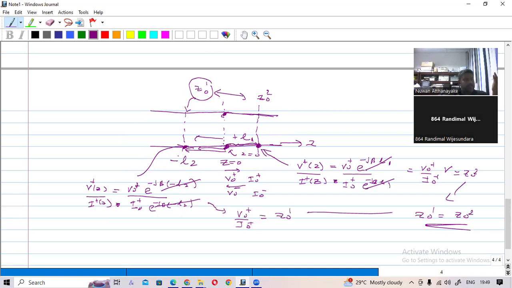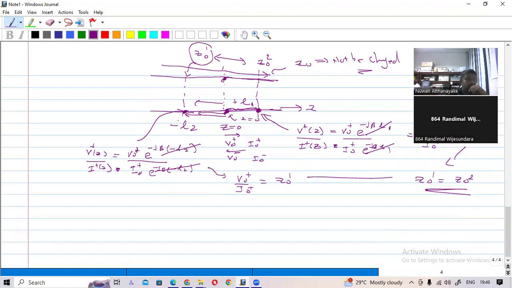If we simply say, through a transmission line, the characteristic impedance will not be changed. This is a constant. Okay, this is a constant. So this is very important. Okay, okay. Now,